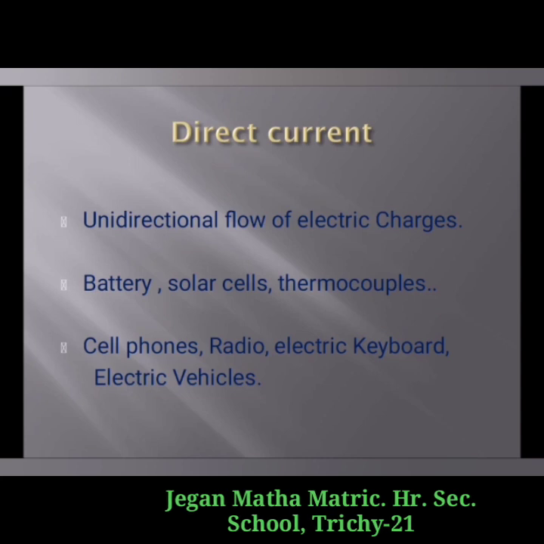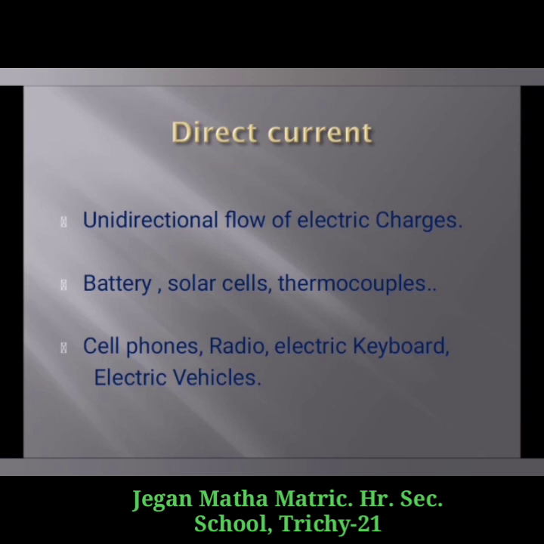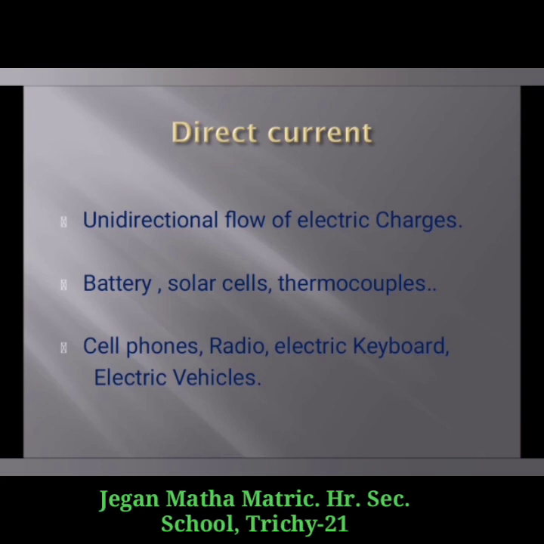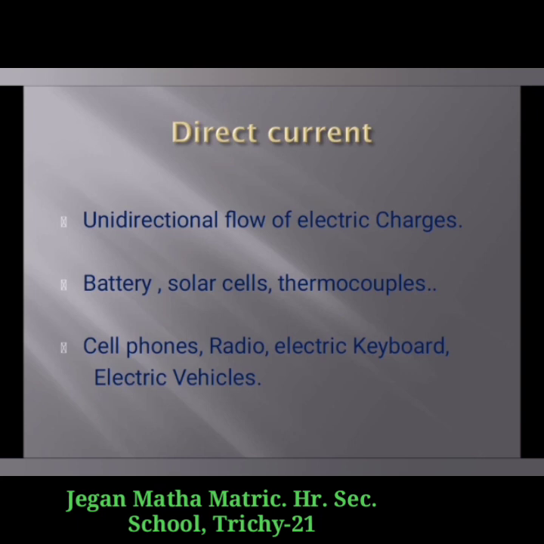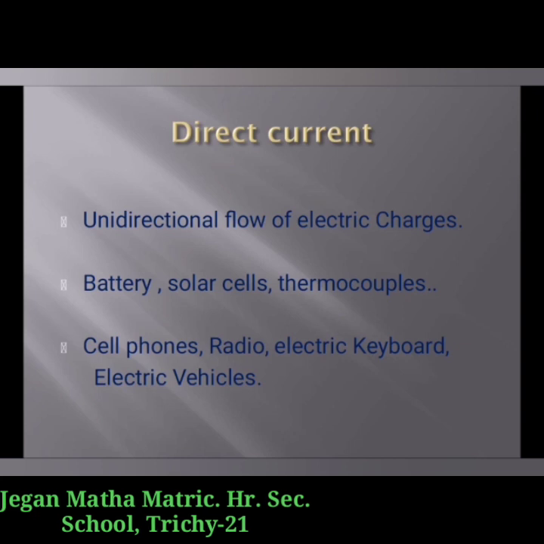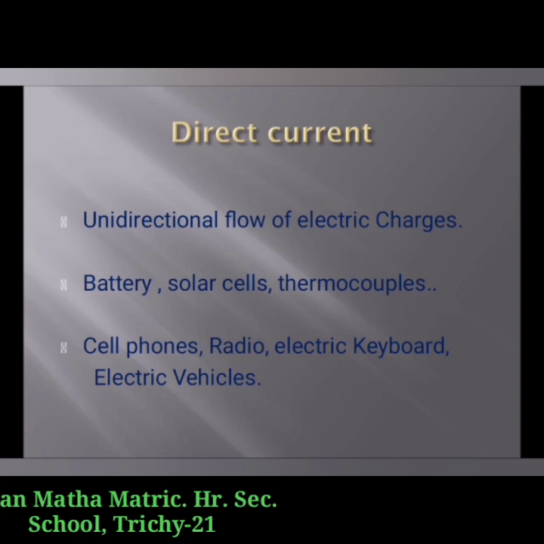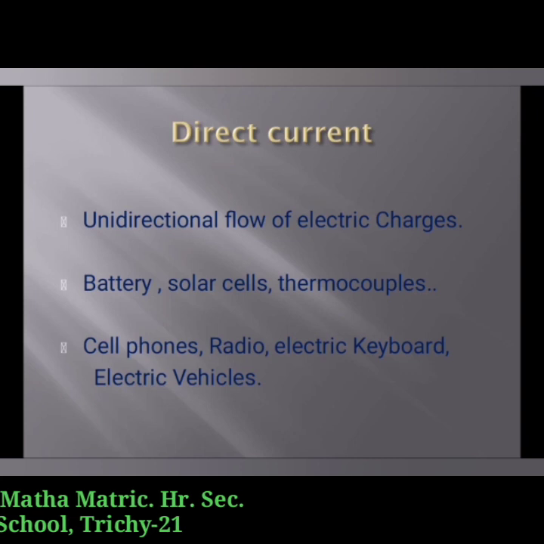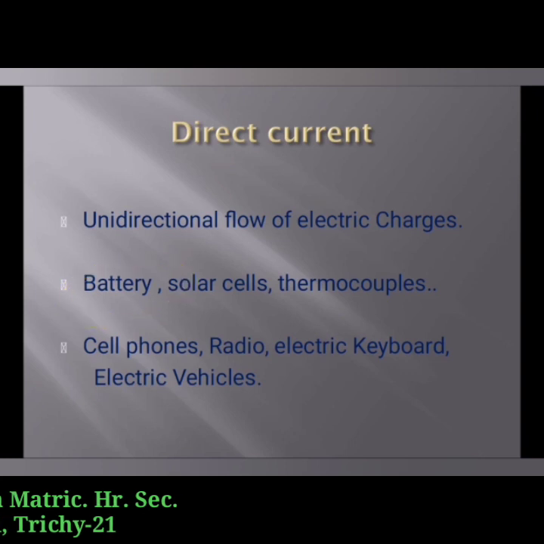Direct current. We know current in electrical circuits is due to the motion of positive charge from higher potential to lower potential, or electrons from lower to higher electrical potential. Electrons move from the negative terminal of the battery to the positive terminal. A battery is used to maintain a potential difference between the two ends of the wire. Battery is one of the sources for DC current. The DC is due to the unidirectional flow of electric charges.